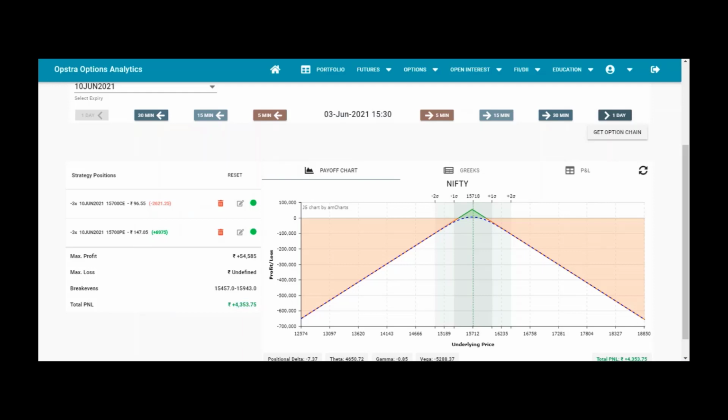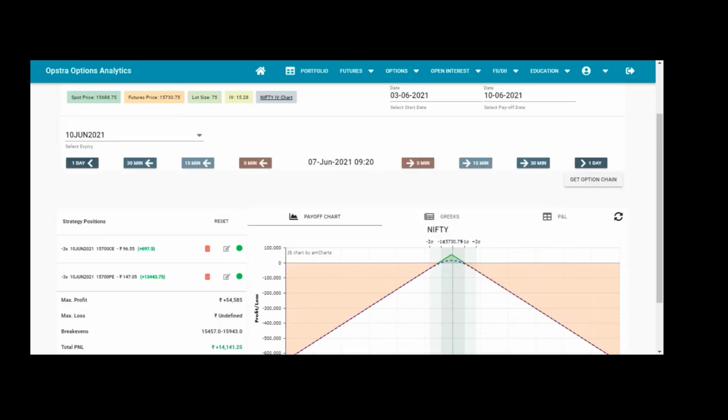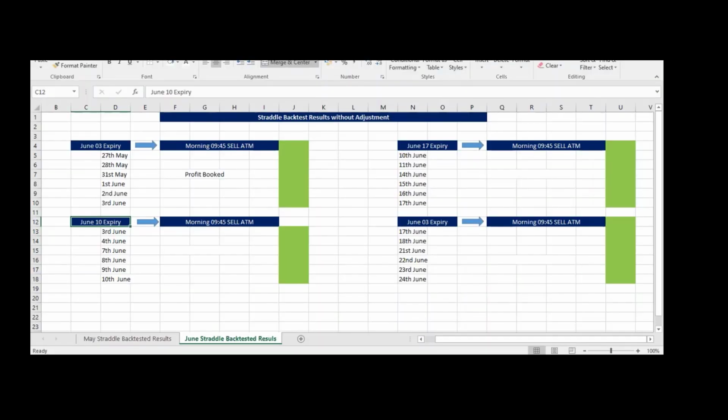Okay. So on the very next day, which is on 4th June, when the market opened, we are in the profit of 3,566 rupees. Okay. From here, from 4th June, let me go a day ahead. Let's see, on the 7th June, 5th and 6th is Saturday and Sunday, and 7th June, we are in the profit of 14,100 when the market opens. Okay. So we can say that 10th June also we booked 10,000 profit.